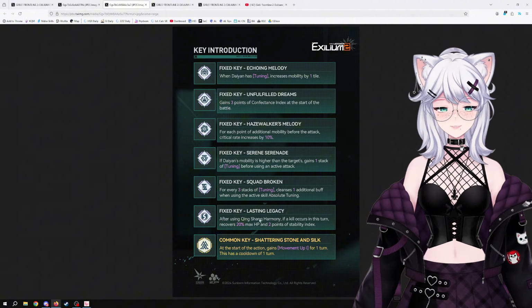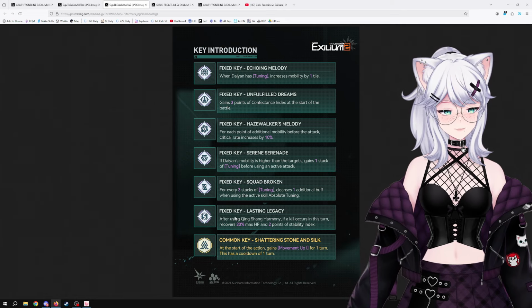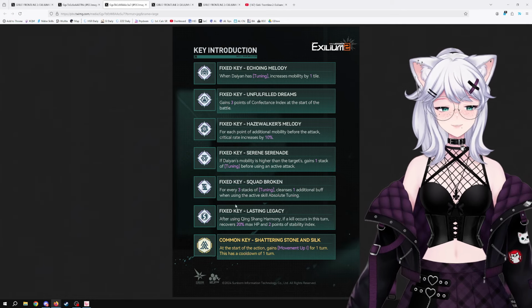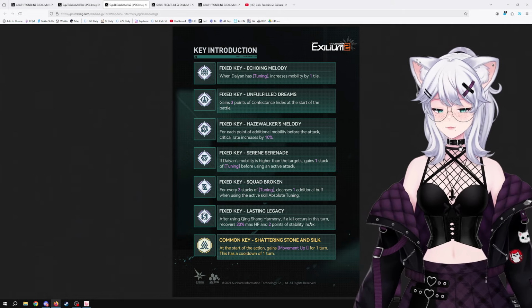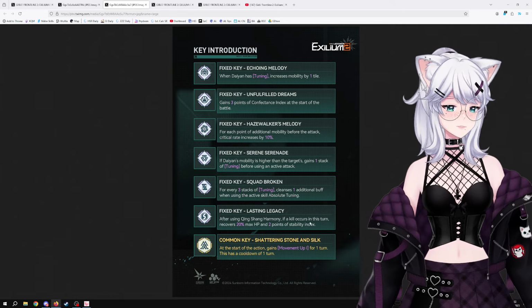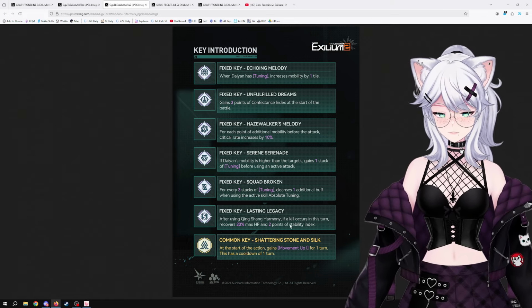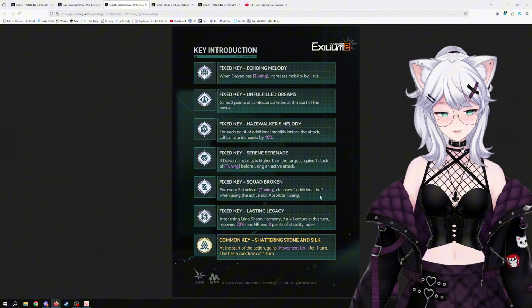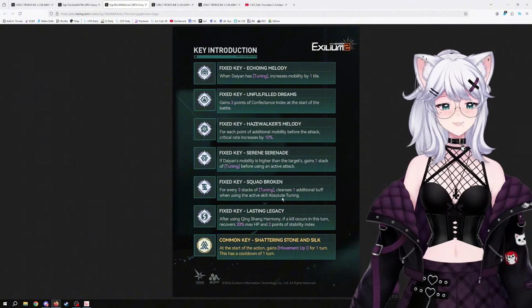generally good. Lasting Legacy. After using King Sheng Harmony, if a kill occurs in this turn, recover 20% max HP and 2 points of Stability Index. This is some nice amount of self-sustain, which I feel is going to be situational as well. I feel like this is not going to be as useful as some, I like Squad Broken, for example, but in some circumstances, maybe you want to run without a healer or something like that, and this could be pretty